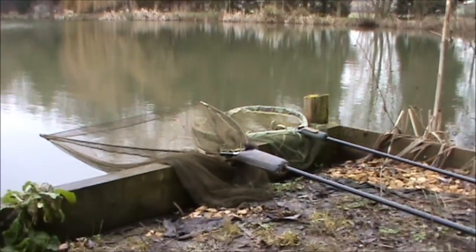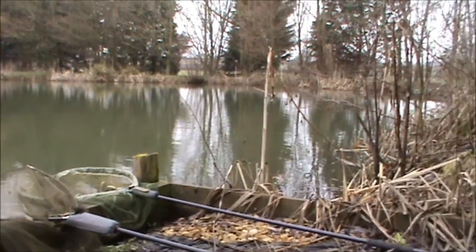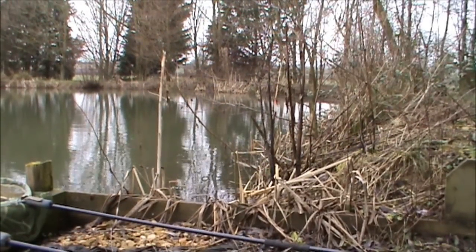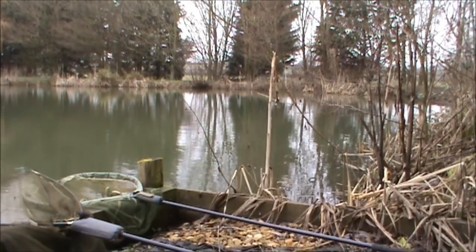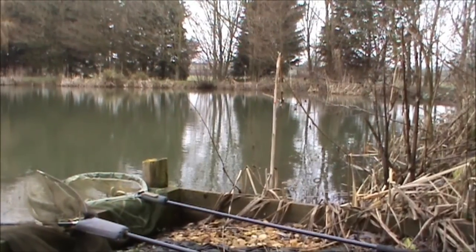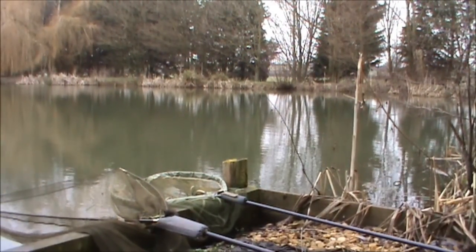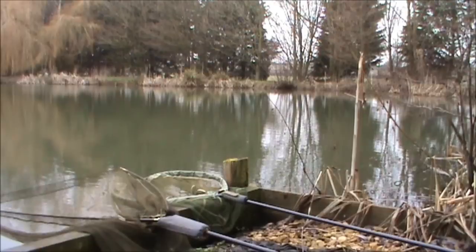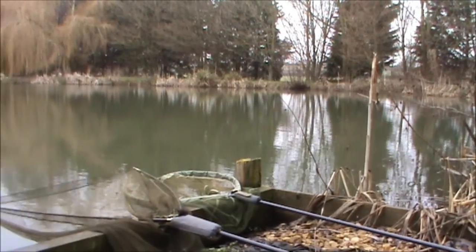So I've opted to fish the margins. The margin seems to fish well at this venue. So I've got my right hand rod just straight down there, and then my left hand rod by that green bush there. So hopefully I can prove and show, even if you draw a peg that's not so favourable,